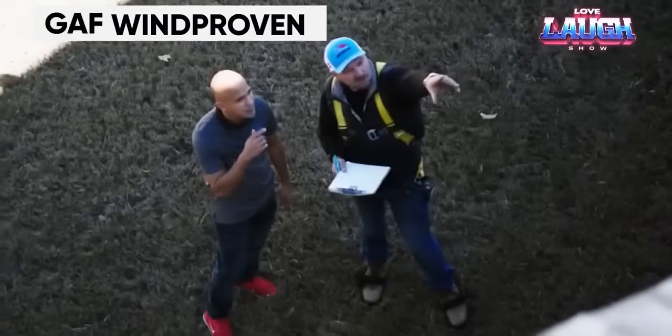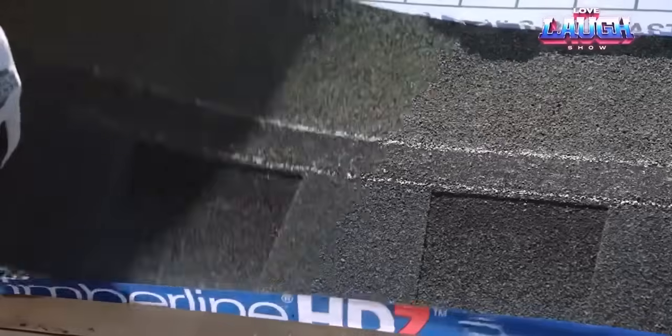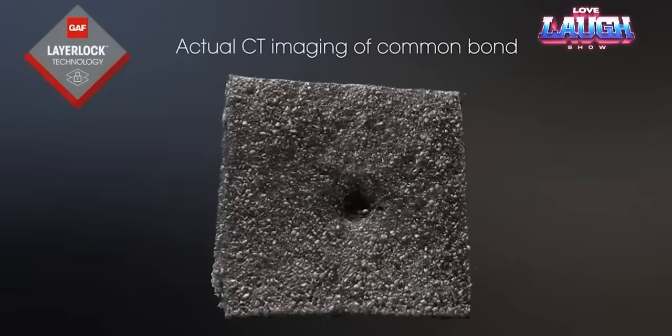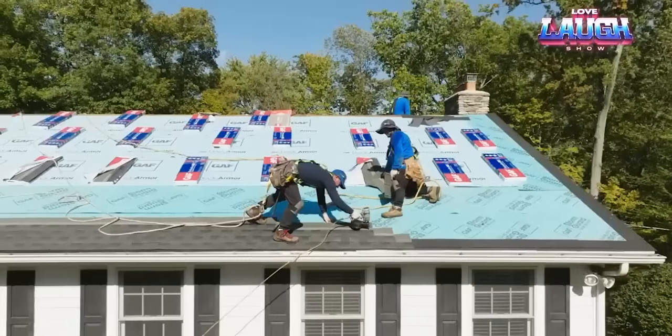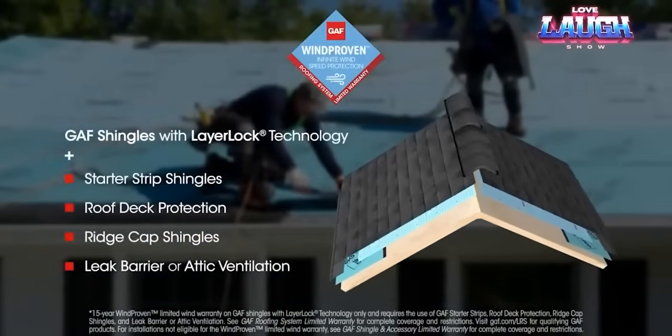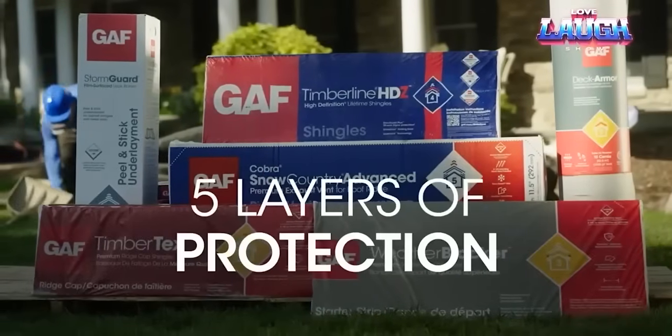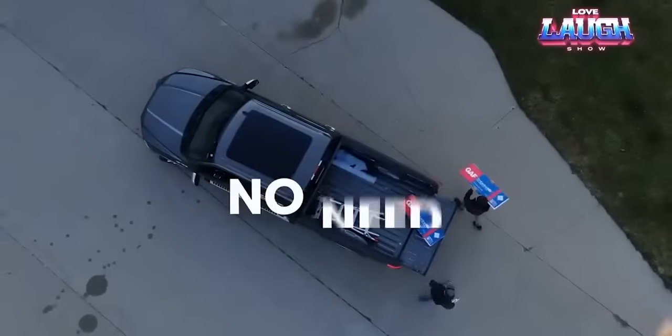Still haven't forgotten the solar shingles from GAF Energy? Turns out that's just one of the projects associated with the GAF team. It works so productively that every fourth house in the US flaunts its roof. Finally, beating the competition helps the layer lock technology. Thanks to it, tile layers overlap and fasten so firmly that GAF gives a 15-year warranty for protection against hurricane winds,